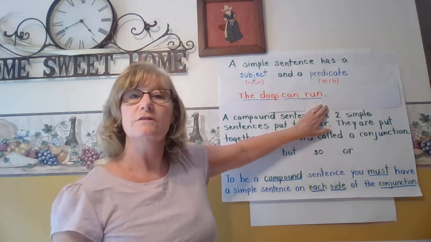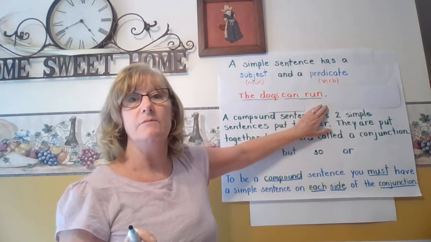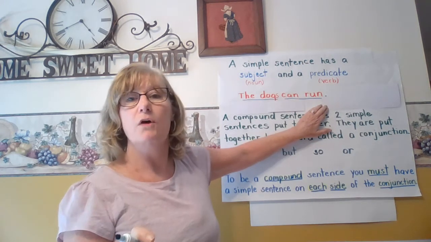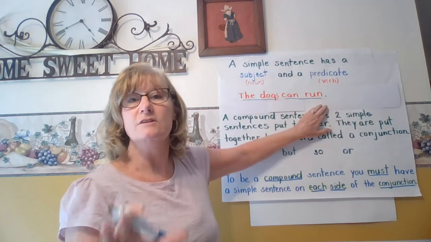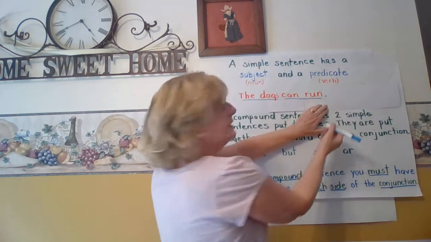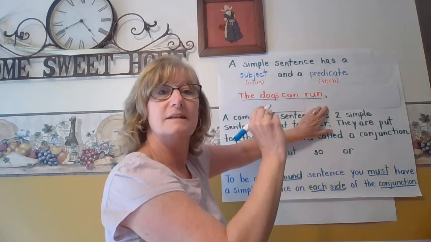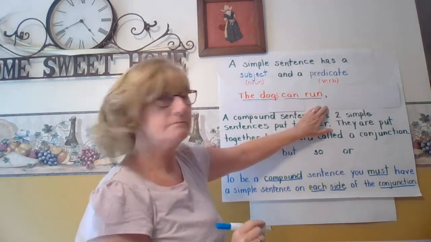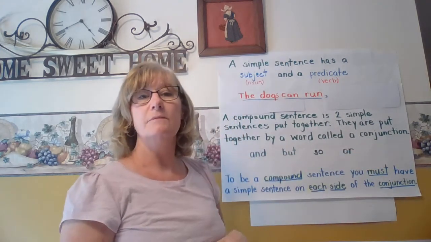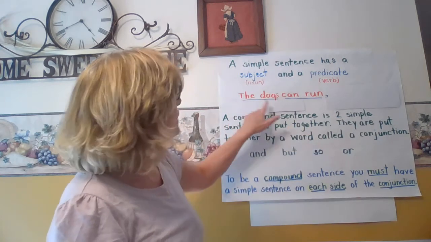But if we wanted to turn that sentence into a compound sentence, we wouldn't have a period anymore. We'd have a new kind of punctuation mark that some of you may already know, but some of you may find that it's new to you. It's called a comma. So instead of having a period, you would turn that period into a comma, which just means it has a little hook on the bottom of it. And you would add your conjunction word. In this case, I'm going to put the conjunction word but. The dogs can run,